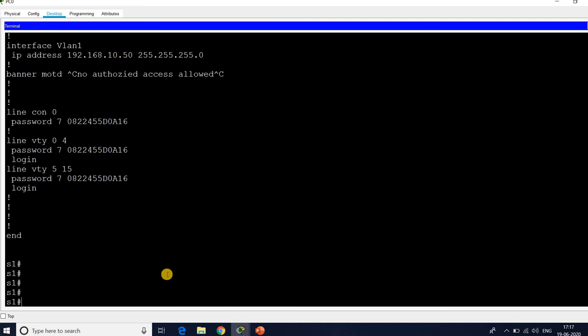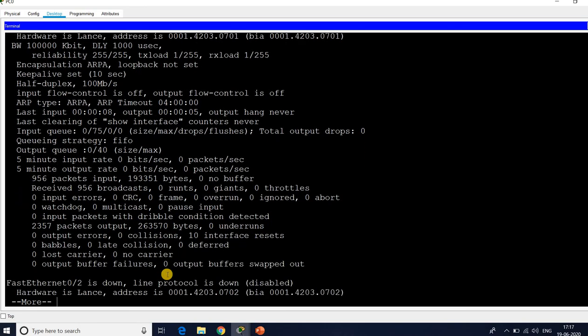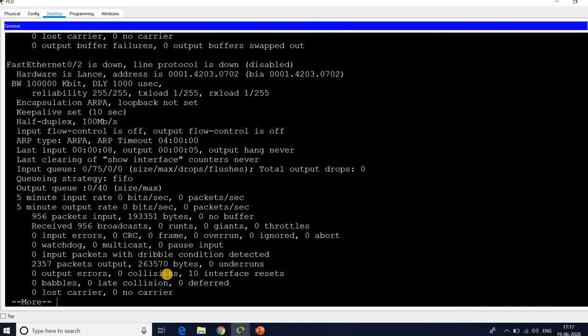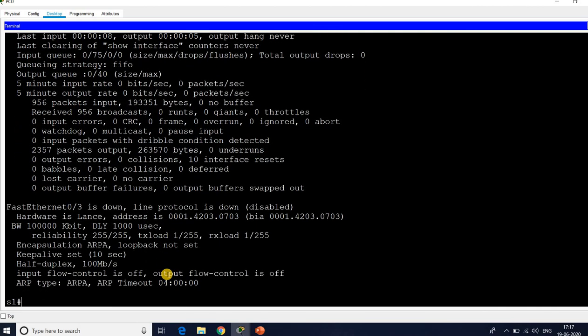You can also use the show interfaces command, which displays all interfaces and their statuses. So more you can see. So Control Z and show protocol, show version.